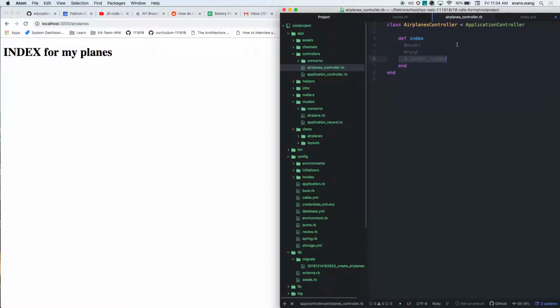Right? Do I need anything from the model for my index? What do I need? Right? I want to see all my planes. How would I get them? Will this work inside my views? Why? Here, I can name anything I want, right? Like aeroplanes, right? So inside my index file,